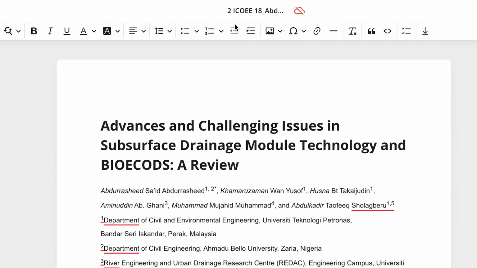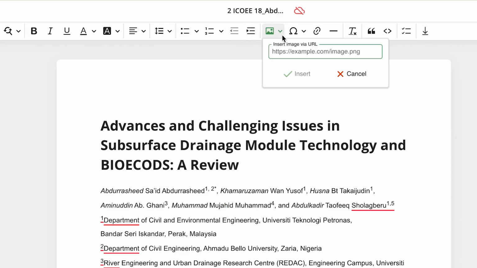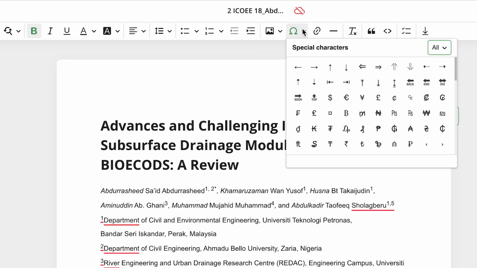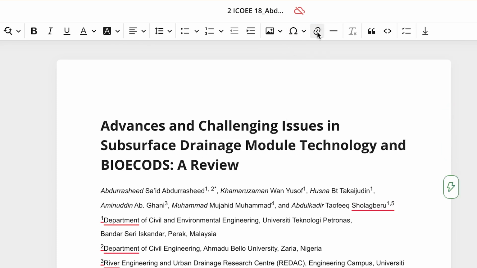Okay, so you can indent accordingly, and then you can bring in images if you have any. If you have a URL, you can bring it in, and you can add equations and symbols. You can add all that from here, and you can select any text and add a link to it. These are very interesting features that you can easily add to edit your text. You can add lines or different kinds of text. You can remove formatting, or add a callout, and you can download the text or export it directly from here by selecting this.